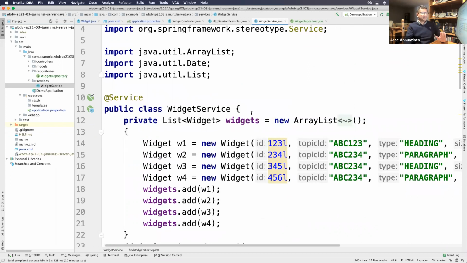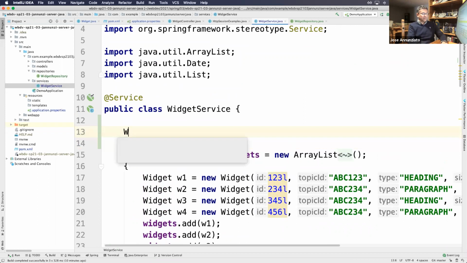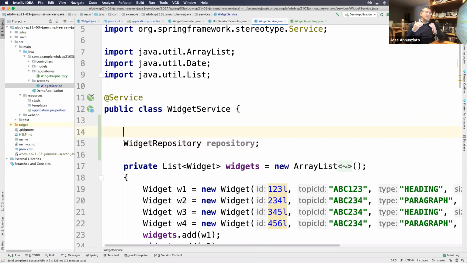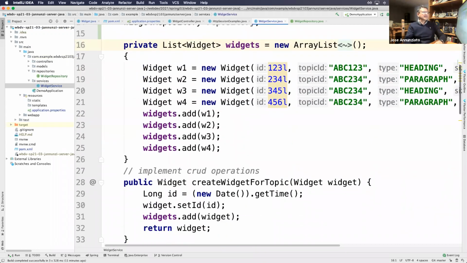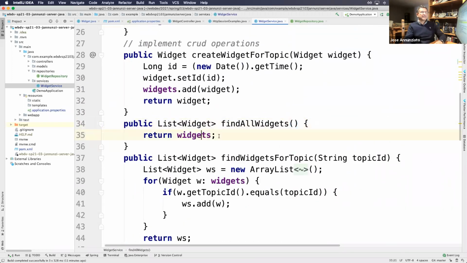Not yet, let's not blow away the array just yet. So let's bring in the widget repository, which we just created, and we'll call this repository. Now, we need an instance of the repository, and we'll create it in a minute. So let's rewrite all this. Instead of using the array,